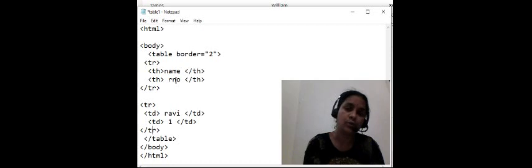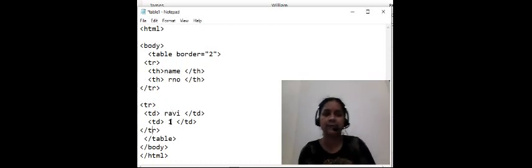Name is here, roll number. That means headings are, how many headings we have here? Two headings. Starting tr, ending tr. Starting td, ending td. And the roll number, name is here, ఇక్కడ name ఉంది కాబట్టి name Ravi and 1. Okay.